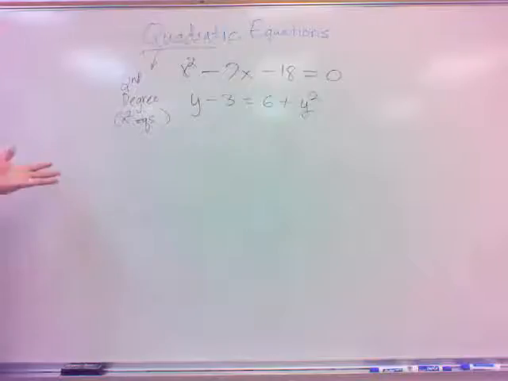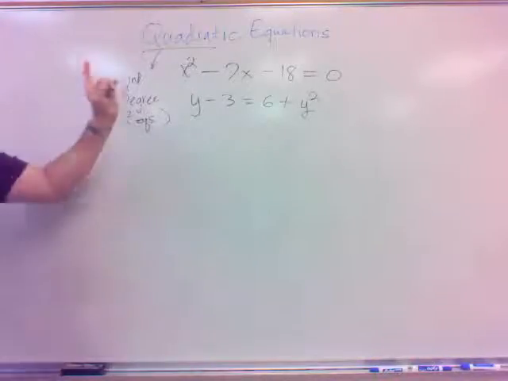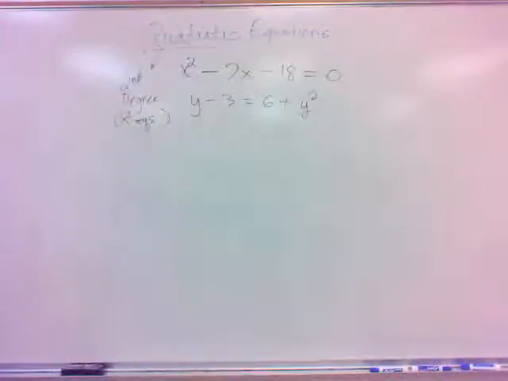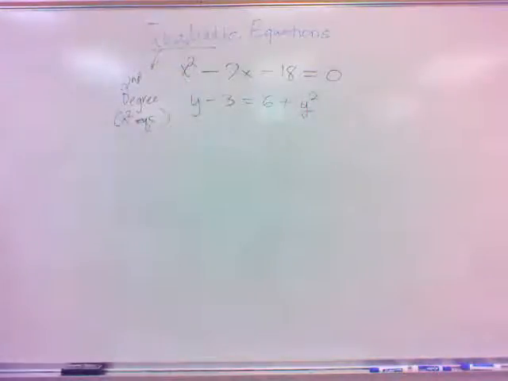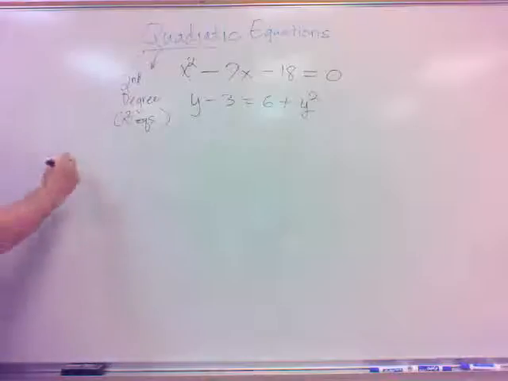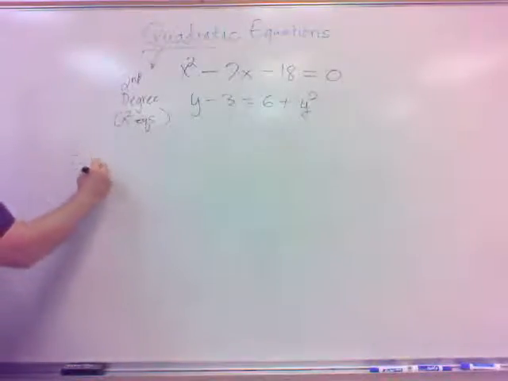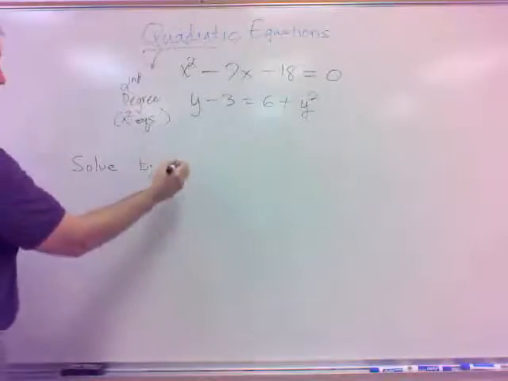And you can have other variables, of course, but we're talking x squared equations. We solved linear equations, x to the first power equations. We solved absolute value equations. They all have their different ways that we solve them. So let's talk about one way, anyway, to solve these x squared equations, ones that have a squared term as your highest power. All right. One method, let's just go with the top one there. One method to solving quadratic equations is solve by factoring